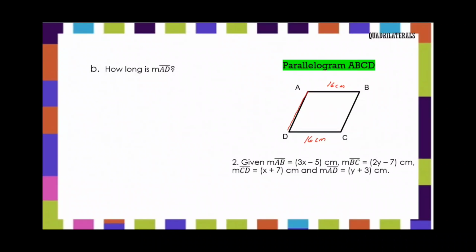So, take note that side AD is congruent to side BC. Therefore, the measure of side AD is equal to the measure of side BC. So, by substituting the values of AD and BC, we have the measure of side AD, that is y plus 3, and the measure of side BC, which is 2y minus 7. Okay, so by SPE or subtraction property of equality, mag-subtract tayo ng